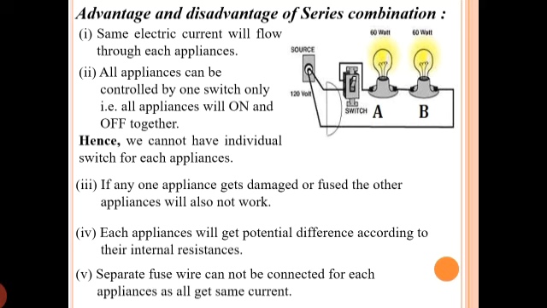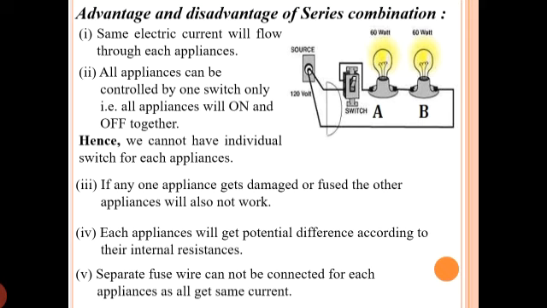So based on their requirement, we should have the fuse also. If you remember the concept of fuse, it basically controls the flow of current in a circuit. If the current exceeds the limit, the fuse will break the circuit and prevent the appliances from getting damaged. So for each appliance we have a different fuse wire of different rating. Different rating means how much current is required. Based on that we select the fuse wire.